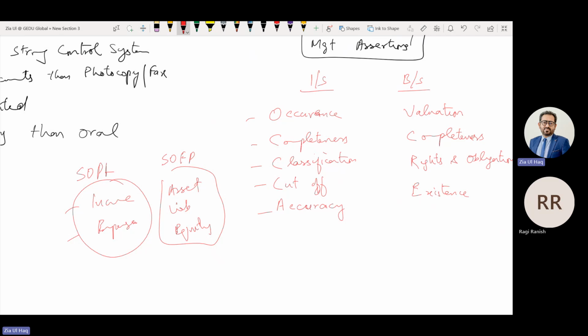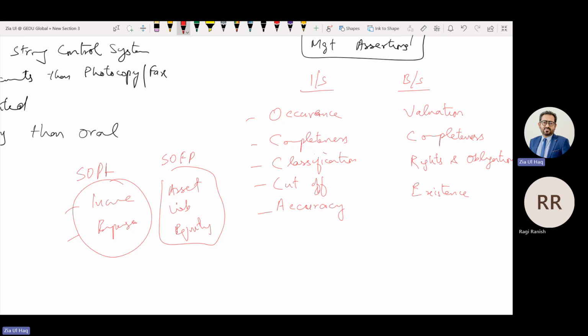If there is invoice document, this means the sale has occurred. If there is no invoice, this is fictitious or overstated. If sale is recorded, there must be cash or receivable recorded. If there is no entry in cash book or no entry in receivable ledger, this means the sale is what? Fictitious, not occurred.